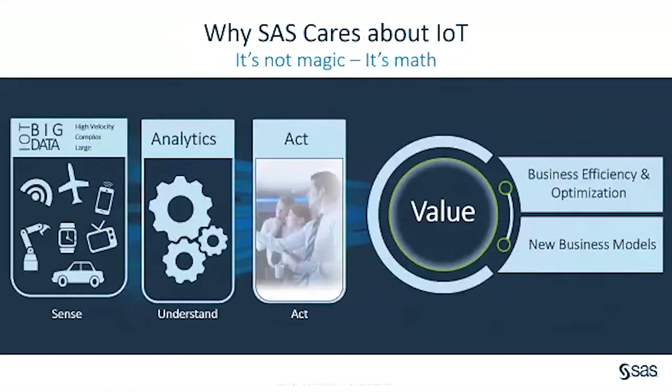SAS cares about IoT because of the path to value depends upon our sweet spot, analytics. To achieve value in a connected world, we first sense the world. Sensors provide those measures of the world, and that's the data. Then you need to comprehend what the data is communicating, gain insight, understanding, and context. With that understanding, that intelligence, we are ready to act on the data. The first two steps here remain largely an academic exercise unless organizations can put the insights gained from the analytics into action. That's how we capture value.